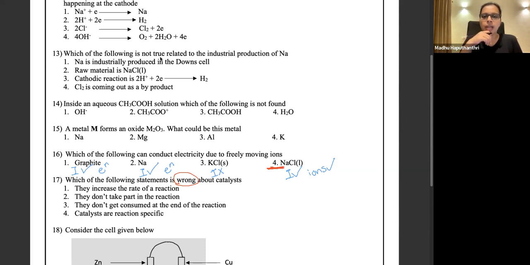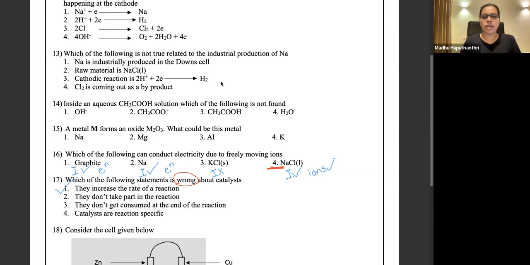Then the marking scheme is not carrying marks for the answer that you wrote for the question that was in your head. So always read the question carefully and understand the question that is given in the paper, because you have to answer that question only, right? If it is asking for the correct one, mark the correct one. Wrong one, mark the wrong one. Right, catalyst. They increase the rate of a reaction. Obviously, that is the primary job of a catalyst, to accelerate the reaction.